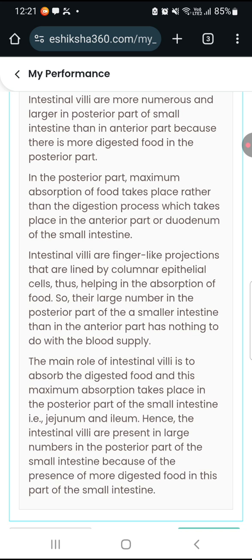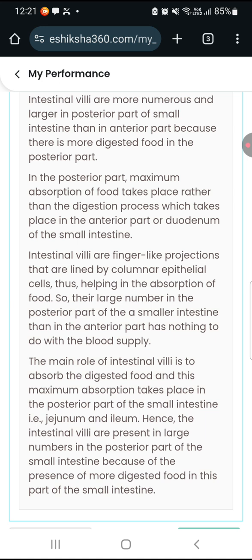In the posterior part, maximum absorption of food takes place rather than the digestion process, which takes place in the anterior part, the duodenum of the small intestine. Intestinal villi are finger-like projections that are lined by columnar epithelial cells, thus helping in the absorption of food. So, their large number in the posterior part of the small intestine than in the anterior part